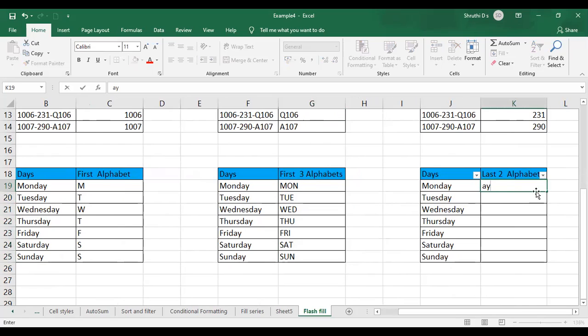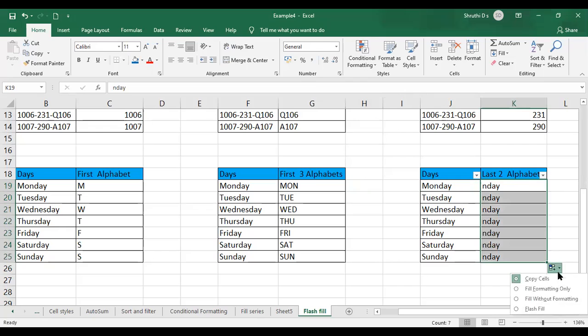Now just drag and drop over here. All the cells have AY as the common thing. So you can just remove this, or you can change this option to different things. I'll just give it as day. Everybody has day, that will be changed. Or N day. If I change it to N day and drag and drop, the last 4 alphabets will be selected here.